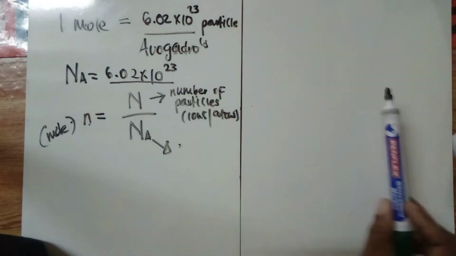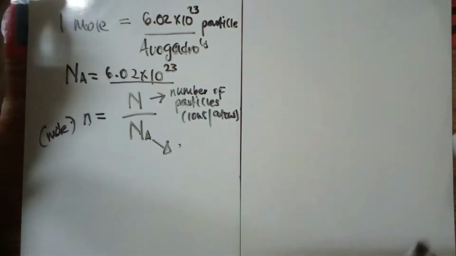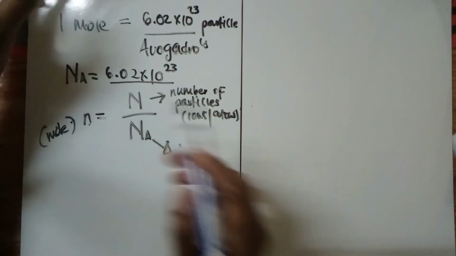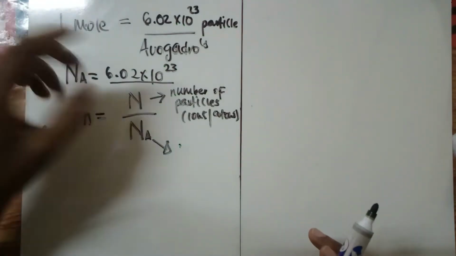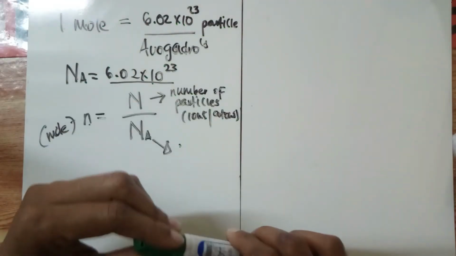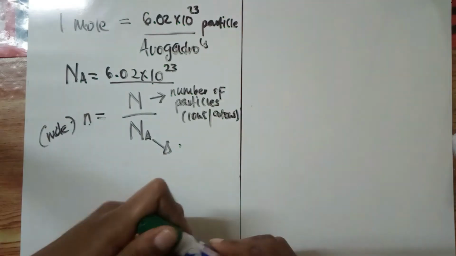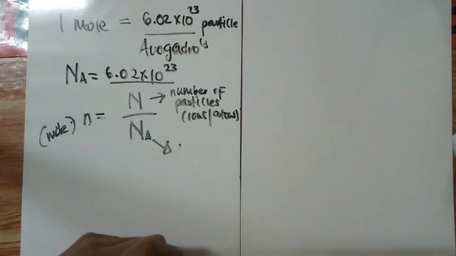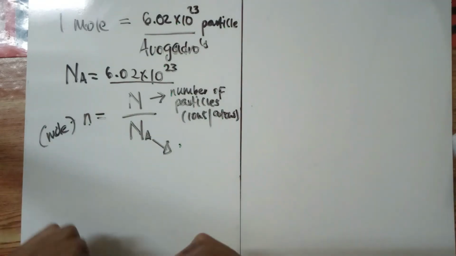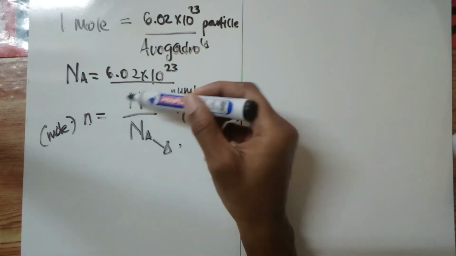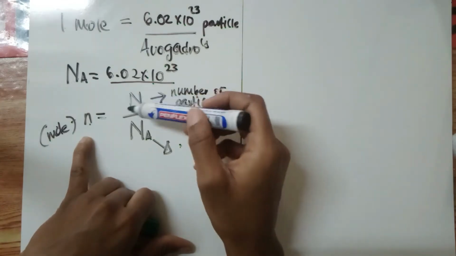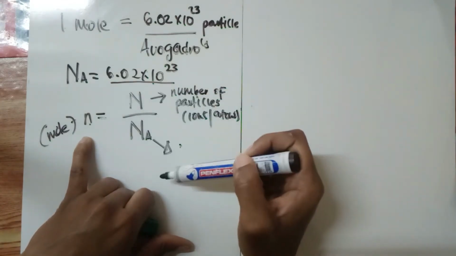As I was saying, there are way too many particles in a substance, such that when we use the number of moles, our calculations become easier instead of using these huge numbers. It's even impossible to count the total number of ions or particles in a specific substance. So we use the number of moles, right? Okay, so please be able to use this equation. If you were given the number of particles or the number of ions, and you were asked to calculate the number of moles, we would just say it's the number of particles divided by Avogadro's constant,